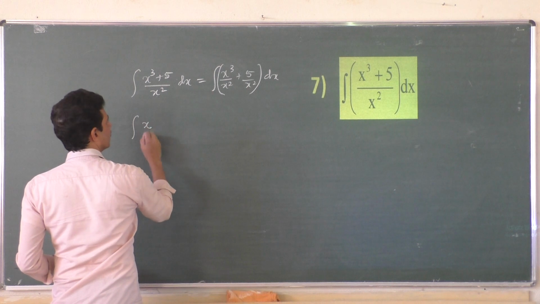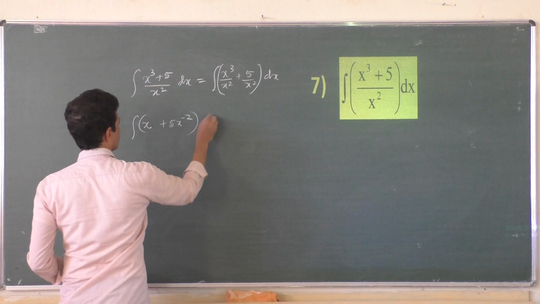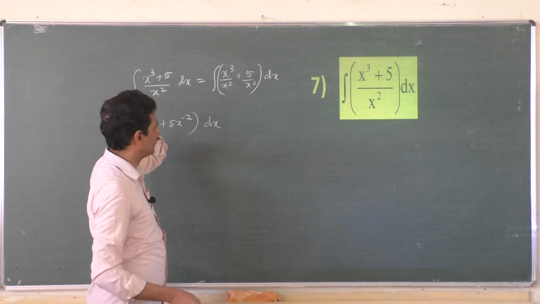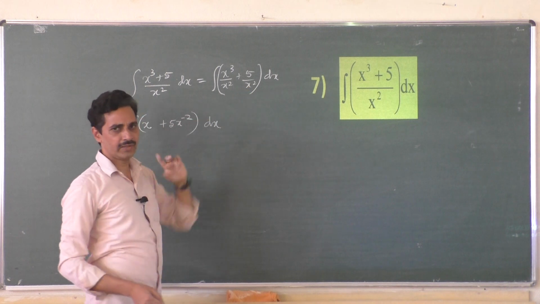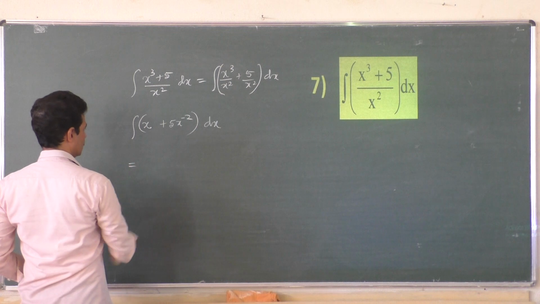x plus 5x to the power minus 2 dx. Am I right? Here one x is left, x cube by x square, and 5 by x square we write as 5 into x to the power minus 2 dx. So that is equal to,